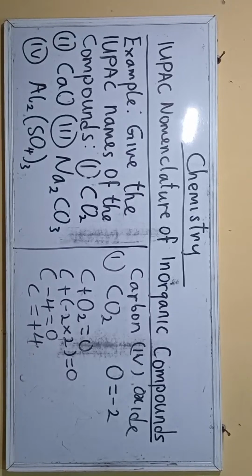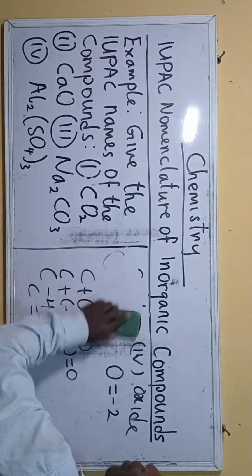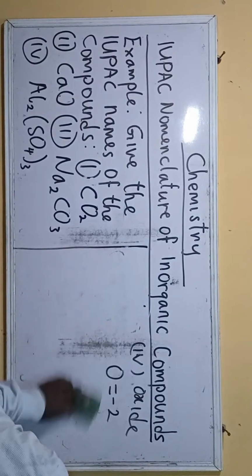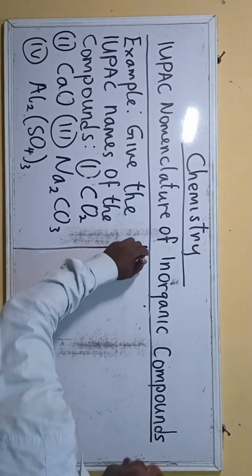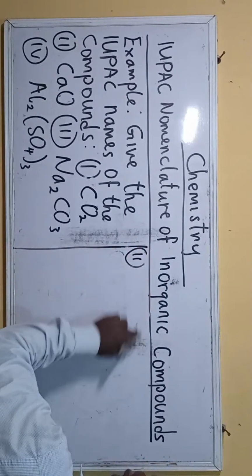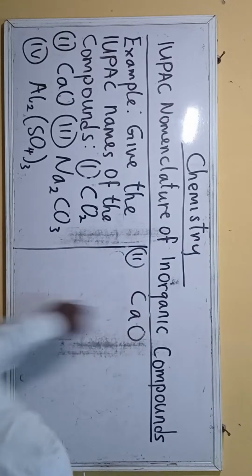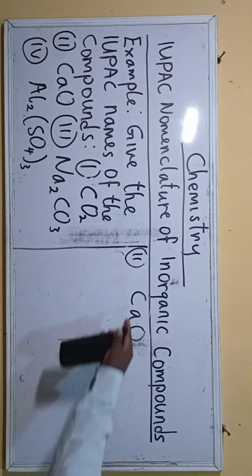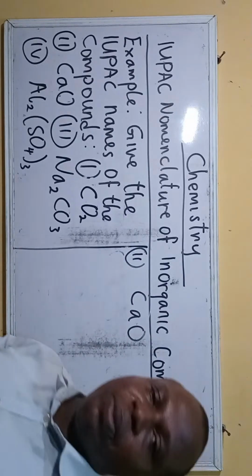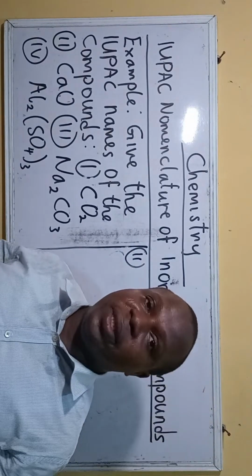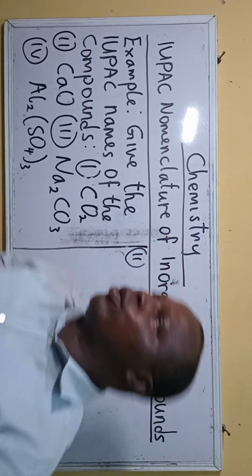Now, the next one. Also, the second one. The second one is what? Number 2 is CaO. That is, this calcium, CaO, and you have oxygen. If you are asked to name this compound, the first thing you do is